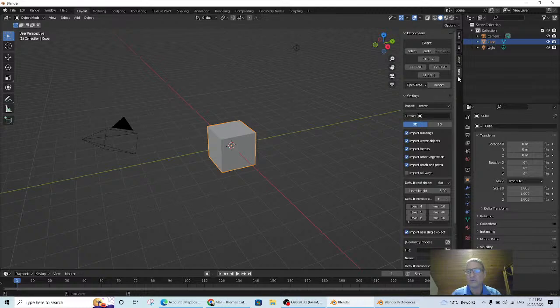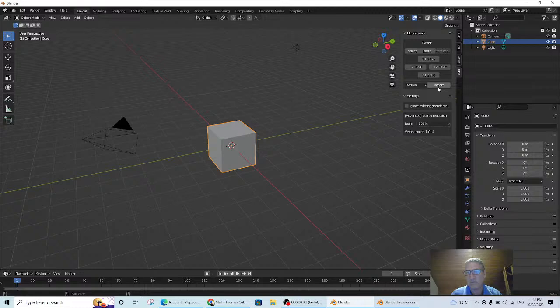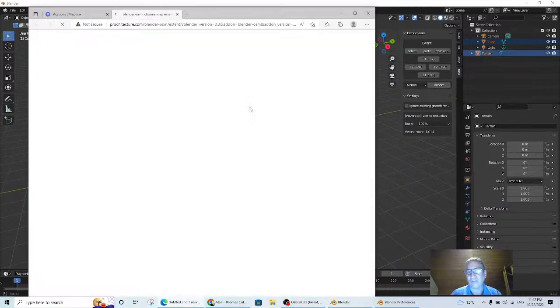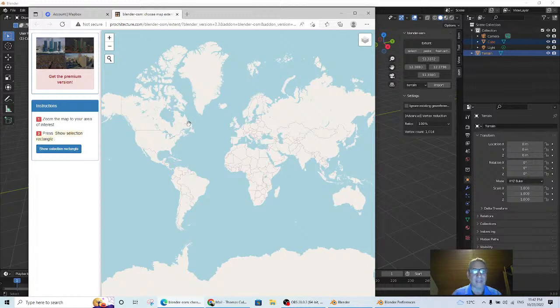So now what I do is I want to import. First thing, do not import OpenStreetMap. That's the first thing it'll default to. What you want to import is a terrain. That's the first thing you want to do. And when you go to import a terrain, it will give you nothing. So you need to go up to select. When you select, it'll open up a website, and that's where you're going to get your coordinates from, latitude and